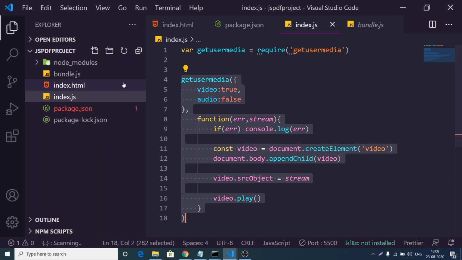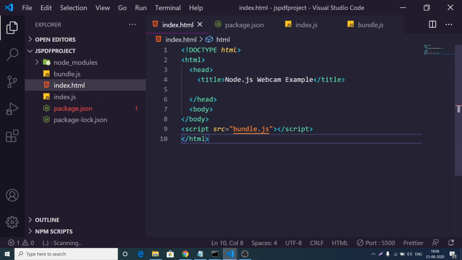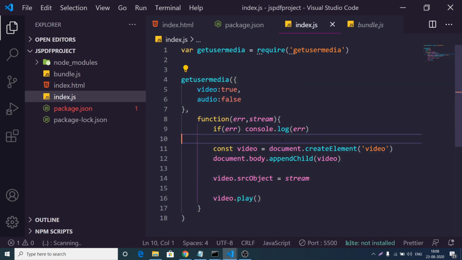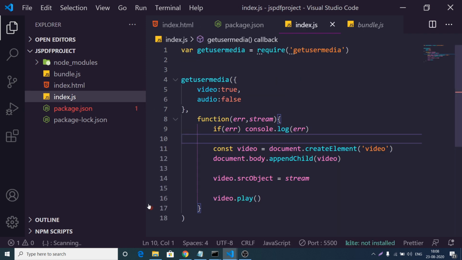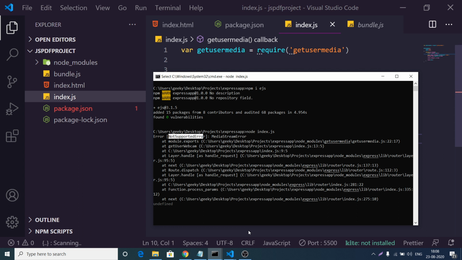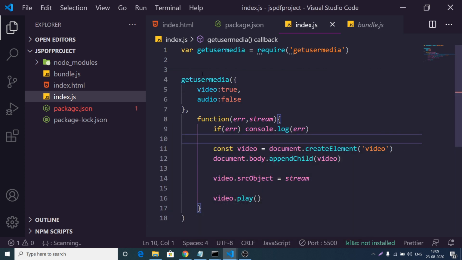You need to have a front end, something like this index.html file, on which you can make a video element tag. This is the preferred way of using your Node module inside your HTML application. You need to have this index.html file where you can create the video element. You can't just use it inside a pure Node.js application or Express. You will see this not supported error. So I will prefer this way. I have shown this way how to use this.